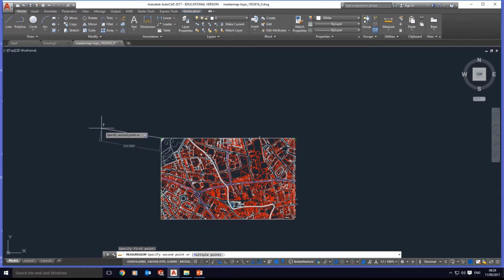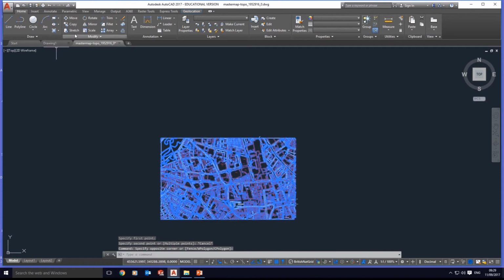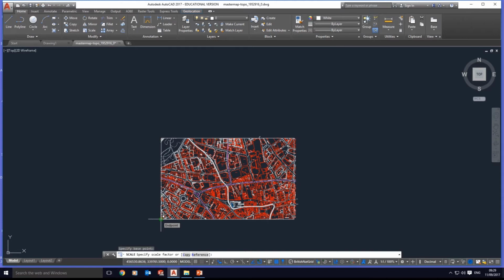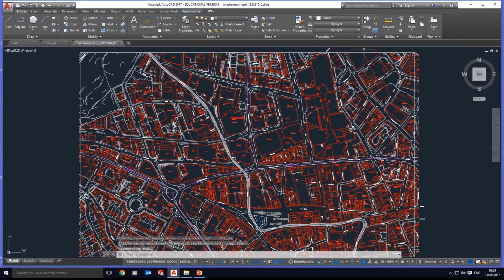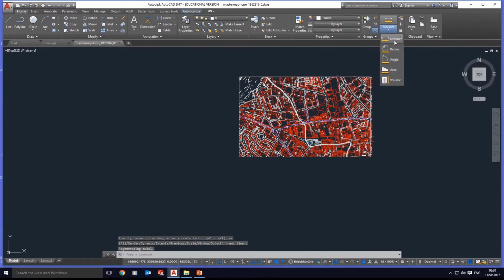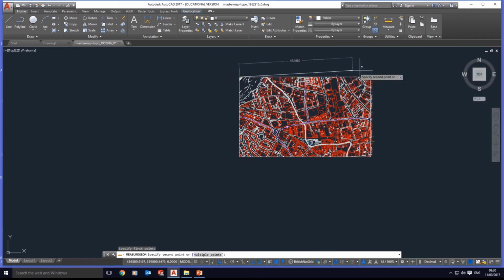If we select all, click on scale, or you can even type scale, and click on one base point and enter the scale factor. For instance, if you want to scale it to 1 to 100 or 1 to 20, it's a fraction, so 1 fraction 20 and enter. This is scaling down. If we click on zoom extents, scroll a little bit, and measure again this distance,